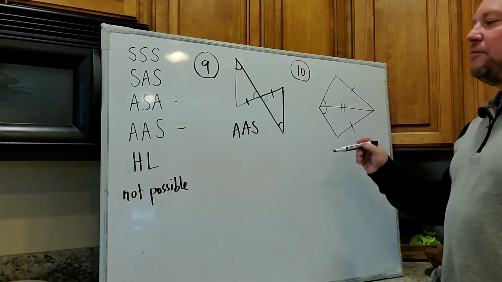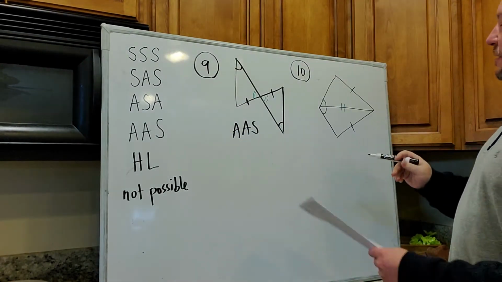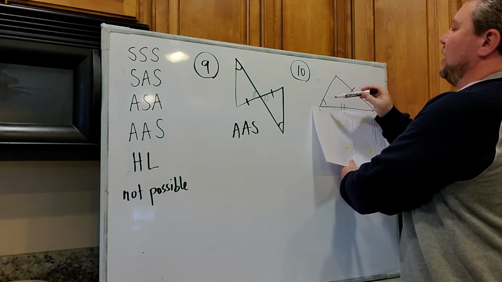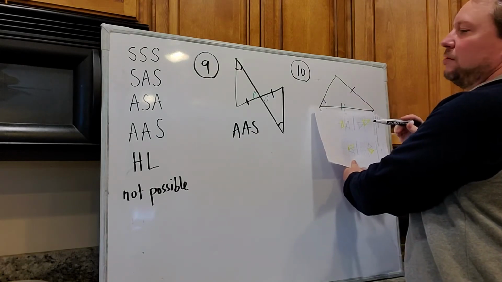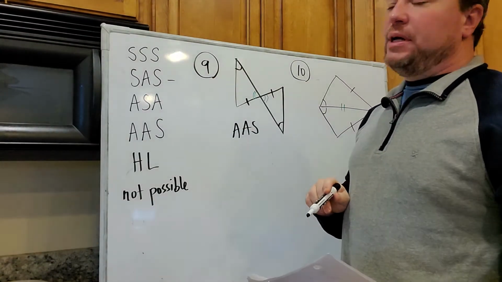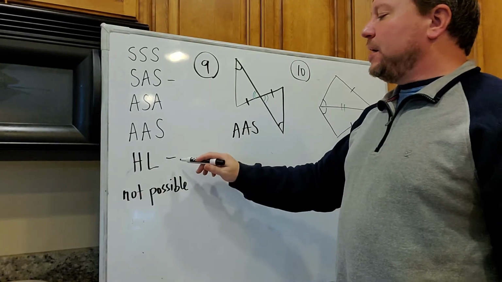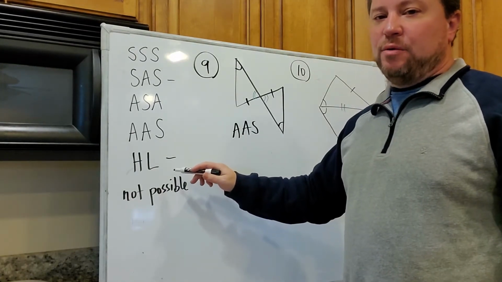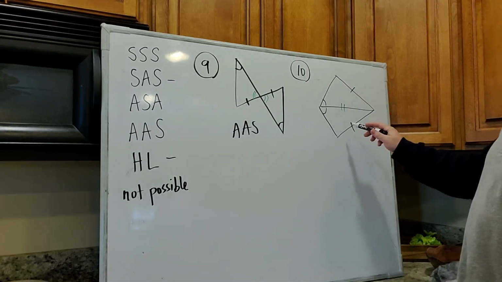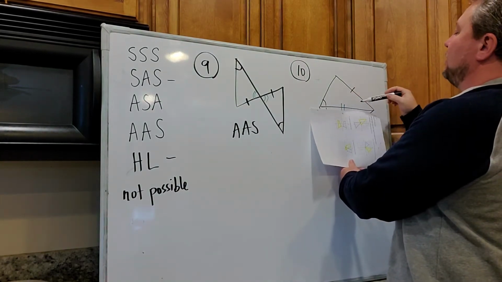Okay, so now I should have enough to prove it again using one of our shortcuts over here. This time, when I focus on one triangle at a time, I see that I have 2 sides and an angle. 2 sides and an angle. Okay, 2 sides and an angle is more than likely going to be either SAS or possibly HL. Remember, HL is the one that spells donkey in the end, but it only works for right triangles using the right angle. Okay, when I look at this problem though, I noticed that on each triangle it does spell donkey